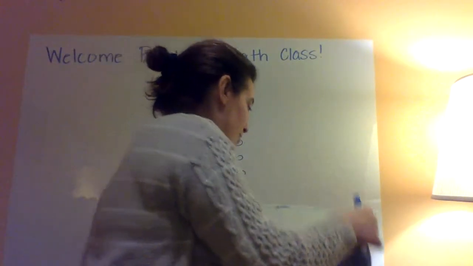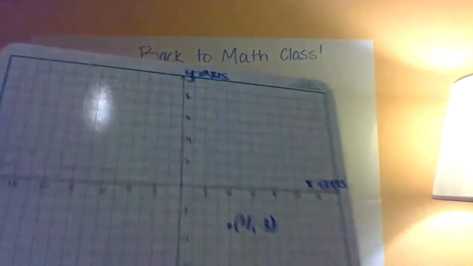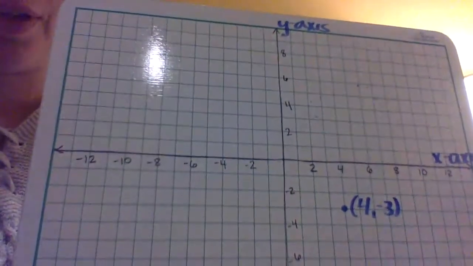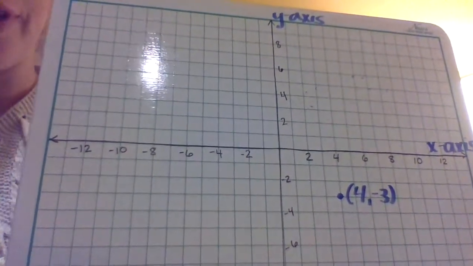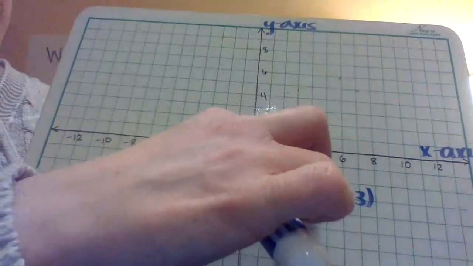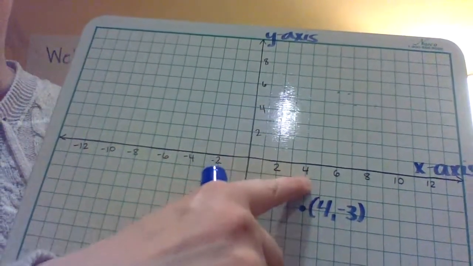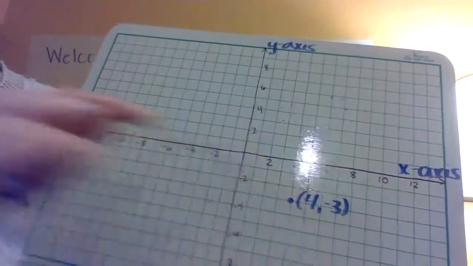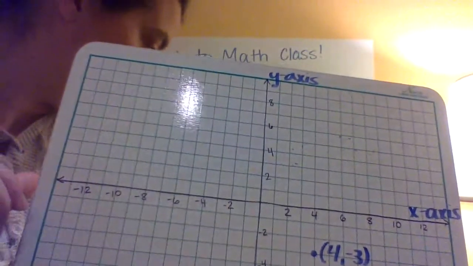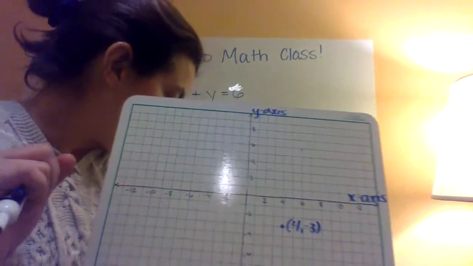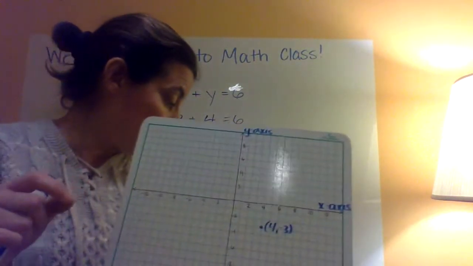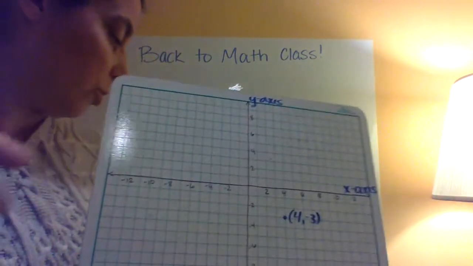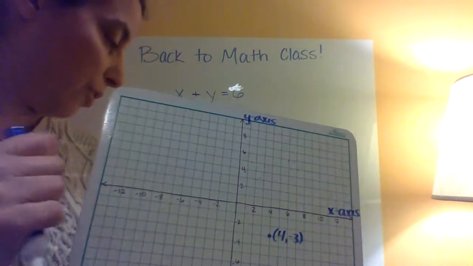But I will label it right down here at that point. Oops, there we go. Okay, now when you're graphing, for some reason when people go down, they tend to want to skip this first line right here. I think it's because the numbers are there, so just make sure you're counting carefully when you graph. All right. So if you have the notes printed out, on page 2, you can put that point (4, -3)